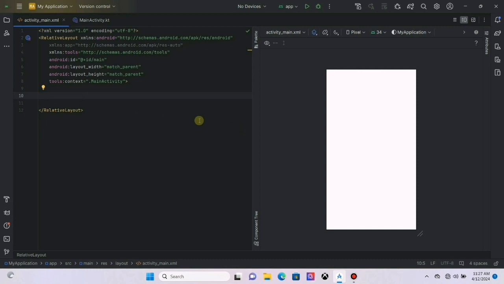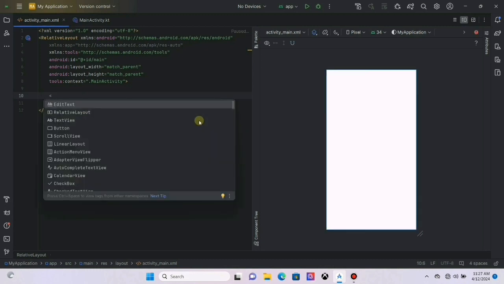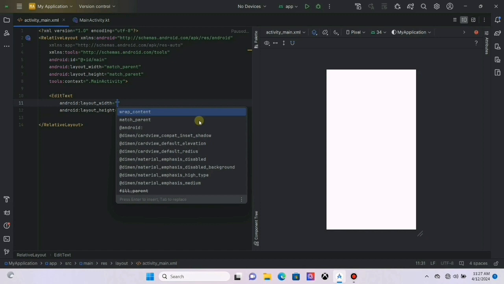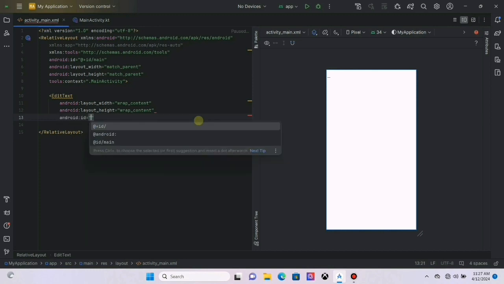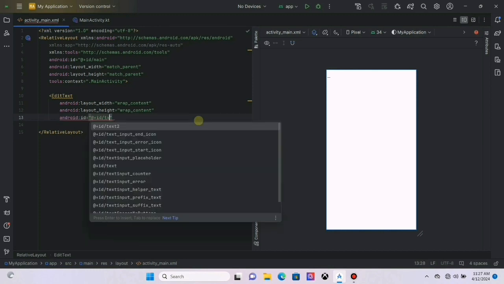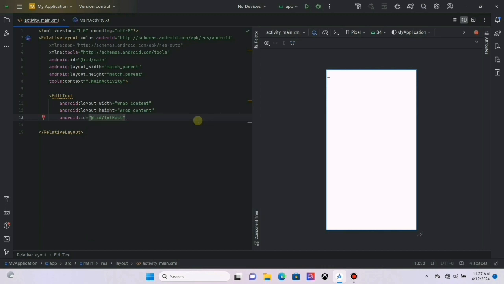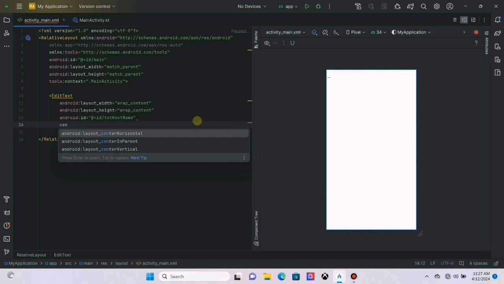First let's create an edit text element for host name or IP address. I set the values of layout width and height as wrap content. Next I give an ID for this element. We need to use this ID to access this element through our Kotlin code. I center this element horizontally.